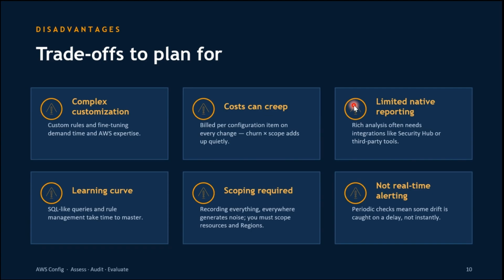because it's JSON based, and cost can creep up if your organization has too many changes. If people are making too many configuration changes on each and every item on your AWS resources, then you need to be careful there. So generally, they enable it only for the priority account or the mission critical account. It also has native reporting tools integrated with Security Hub, or you can use a third party tool where you can store it. You can also integrate it with Azure Sentinel or other data lake solutions,